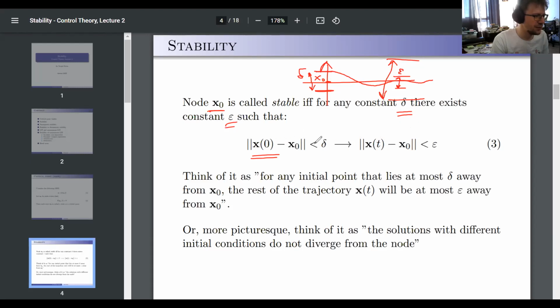So the norm of x of 0 minus x naught should be less than or equal to epsilon as well, because you can substitute 0 here. So epsilon is always bigger than delta, at least the way I understand this